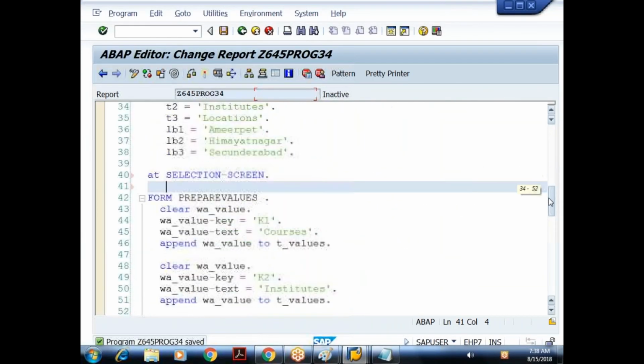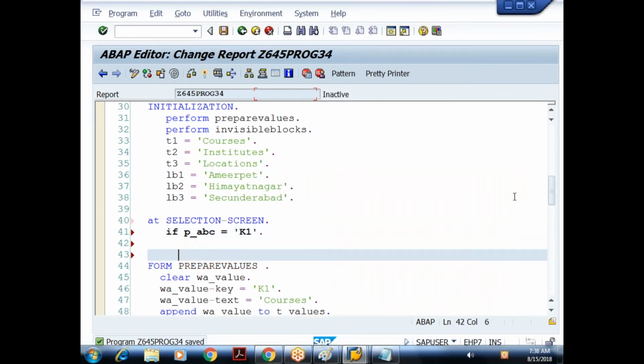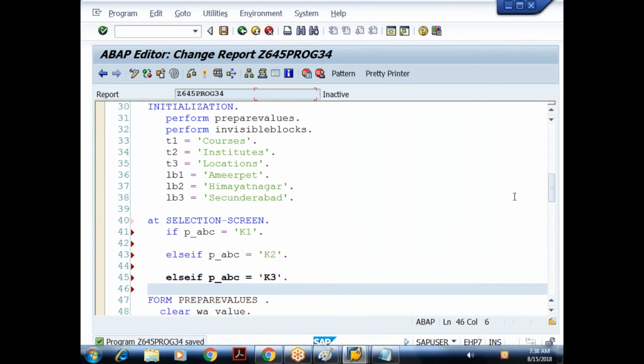K1, K2 and K3. So I'll say, if p_abc is equal to K1, do so and so. Else if p_abc is equal to K2, do so and so. Else if p_abc is equal to K3, do so and so.